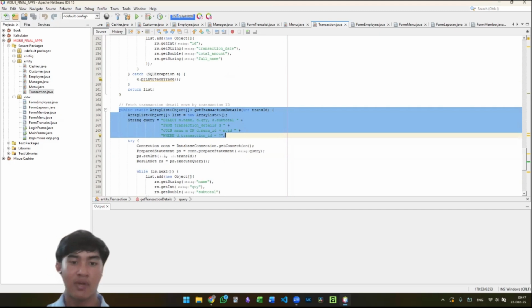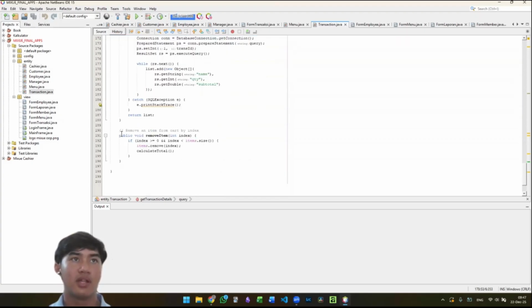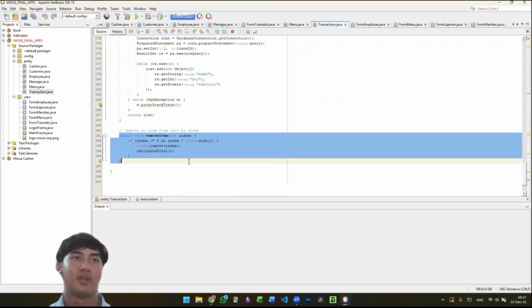It will get the menu name, quantity, and subtotal. It is used for a subview and detail pop-up. Then there's removeItem. This code is used to remove an item by index, then recalculate the total again.